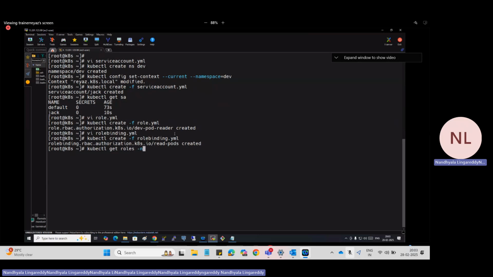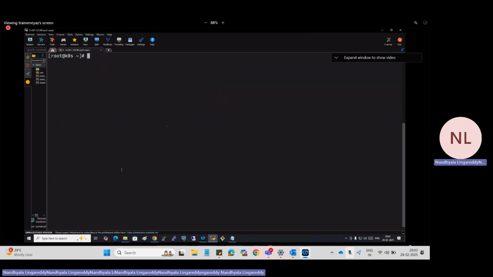In which namespace did I create it? Hyphen n. So we have the dev pod-reader role created. Now I have created a user called Jack, given permissions to him, and bound the permissions and the user together using a role binding. Now there is a command to check whether Jack can do something or not. We can test it from here itself.